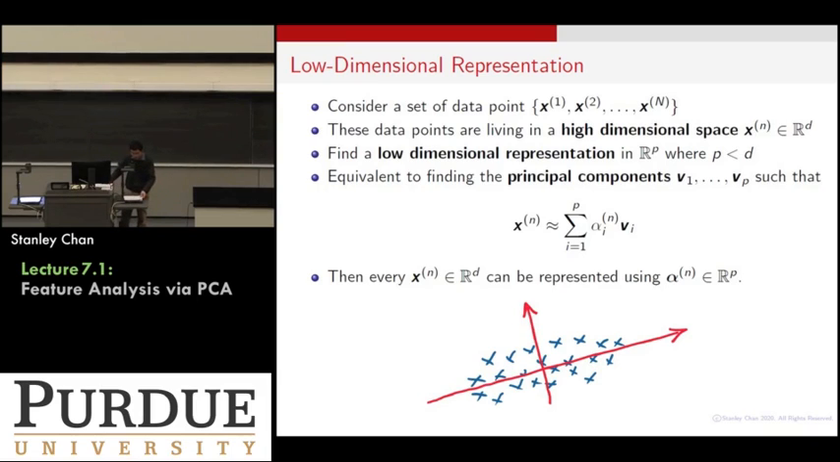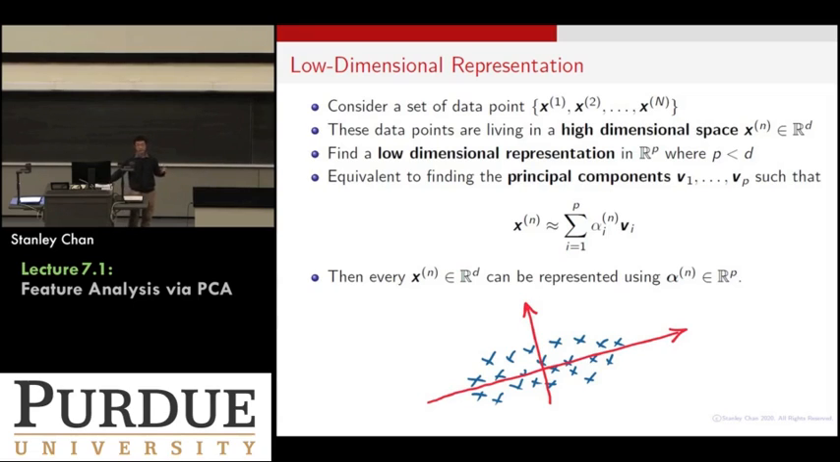Okay, so the starting point of this principal component analysis is the following question. I have a data set that contains points x1 through xn. I have n data points. I know that these data points are living in high dimensional space. By high dimensional space, I mean that the ambient dimension of all these vectors is R^D, and D could be